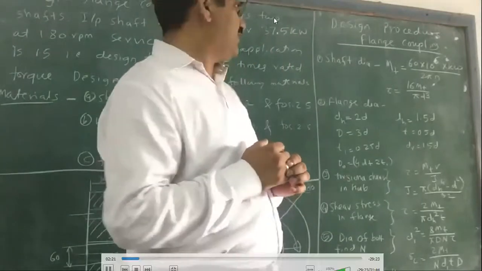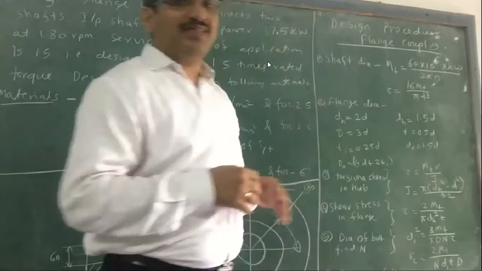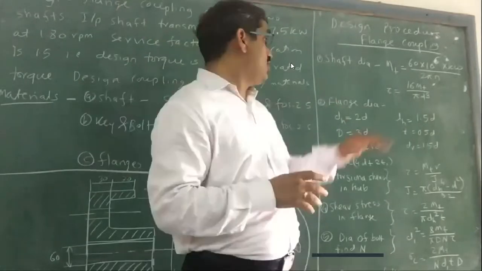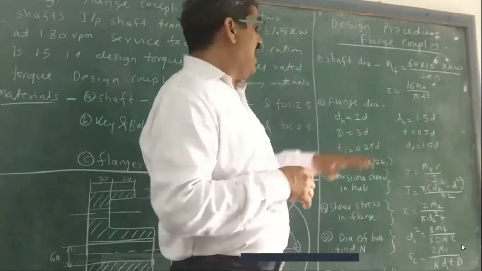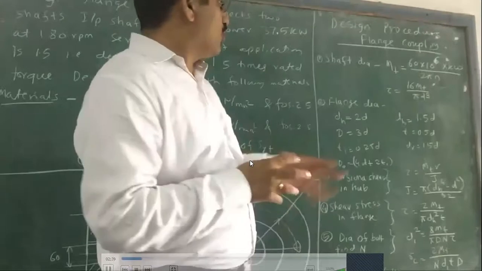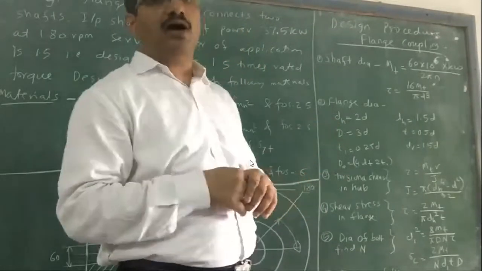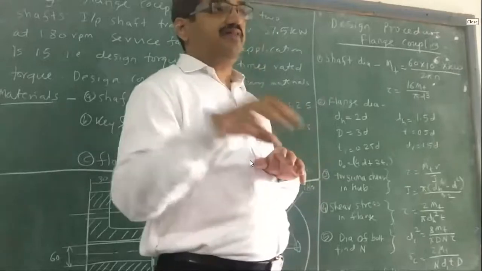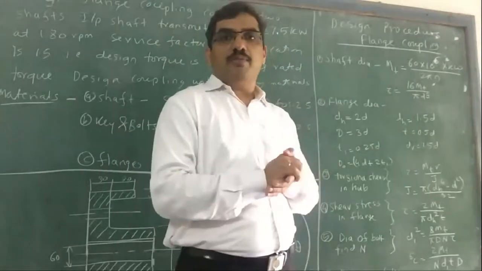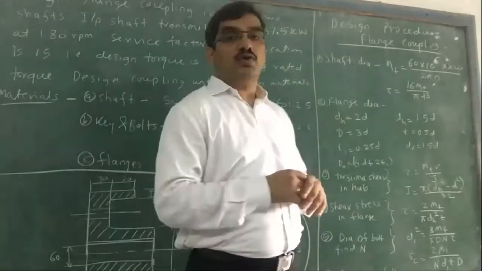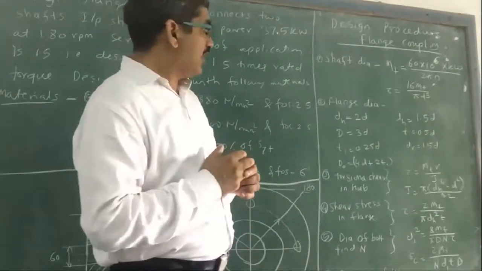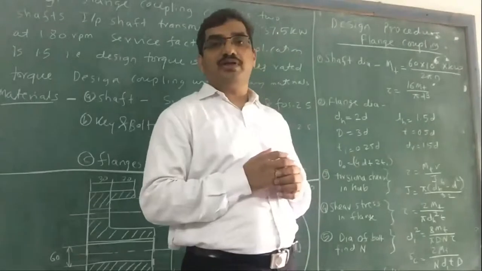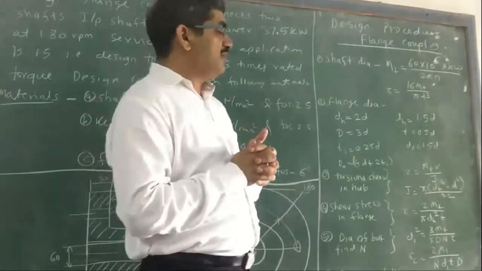Then we have seen that instead of calculating all the dimensions, we use some standard dimensions. These are standard formulas, empirical formulas we can say, and for those dimensions we make sure that our flange coupling is safe. So what are those dimensions? First is the diameter of the hub. The inside diameter of the hub will be equal to the diameter of the shaft. The outside diameter of the hub will be 2 times the diameter. So whatever diameter of the shaft we have got, we take double of that to get the diameter of the hub. The length of the hub will be 1.5 times D, that is, 150% of the diameter.